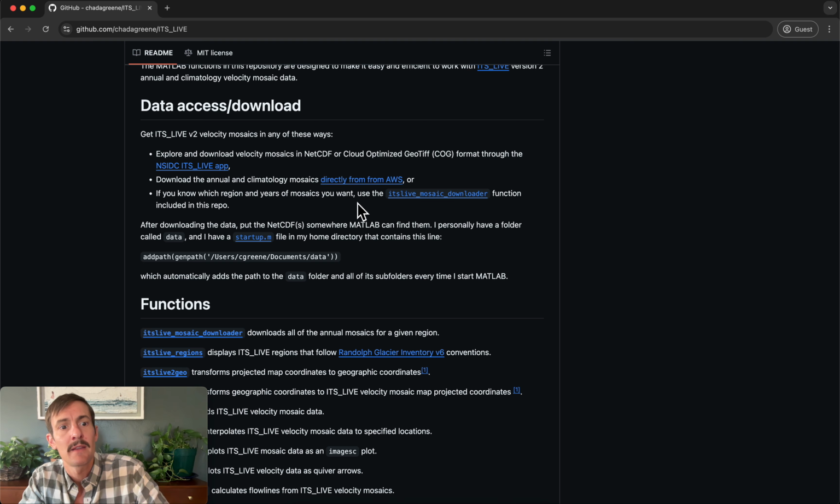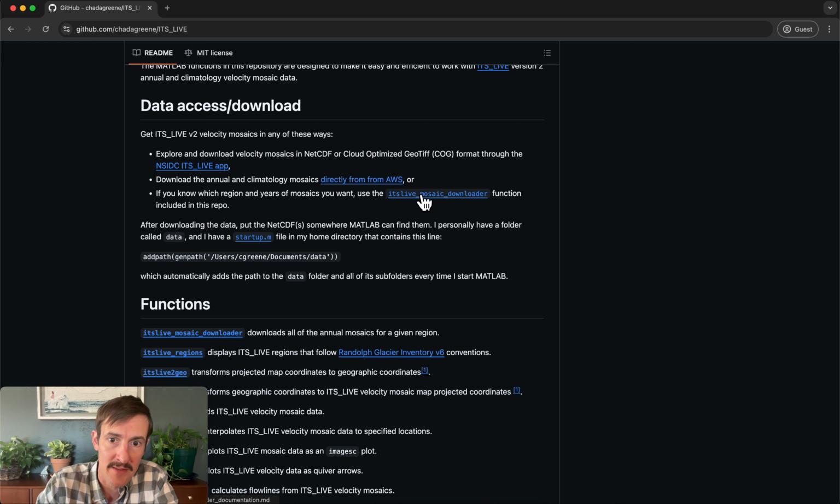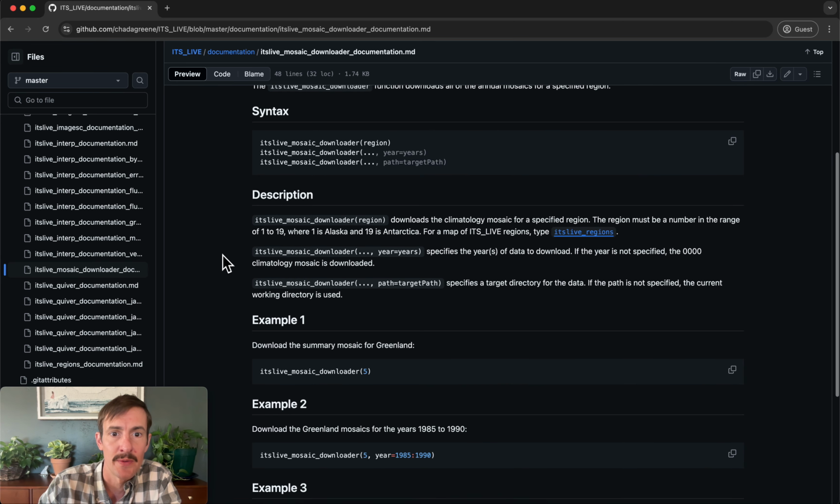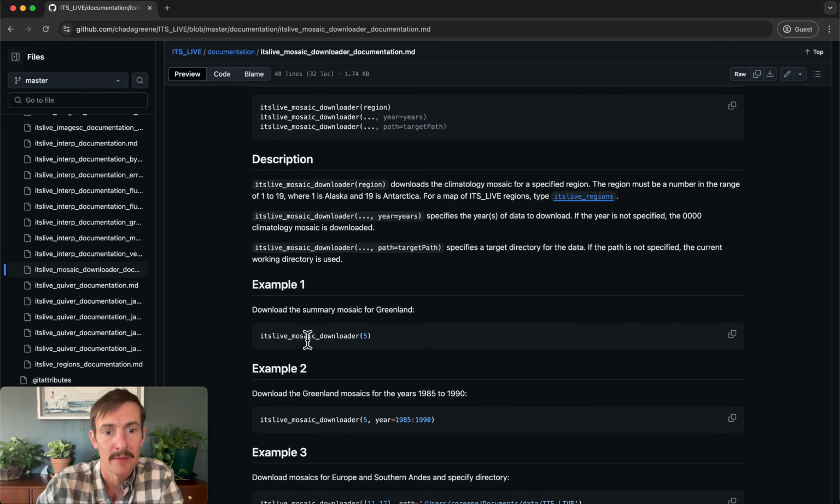Third and final way to get the ITS_LIVE velocity mosaic data onto your computer, if you don't already have it, is with this itslive_mosaic_downloader function that is included in this repo. The way to work with this function is just to call the function name with a region number. So here, for example, region 5 is Greenland. So if you want to get the summary mosaic for Greenland, just call itslive_mosaic_downloader for